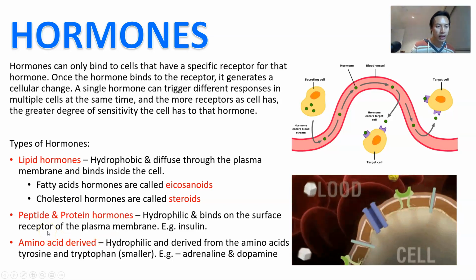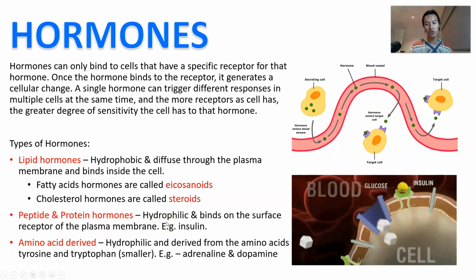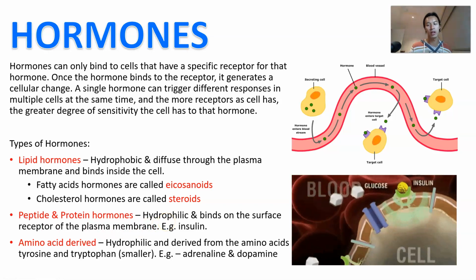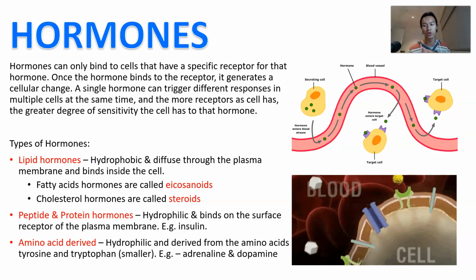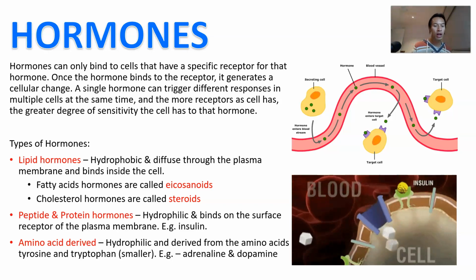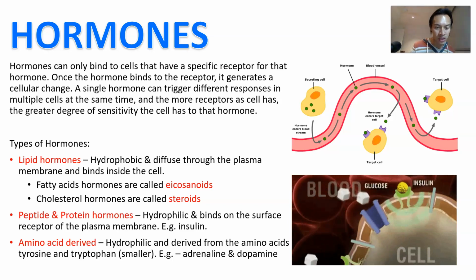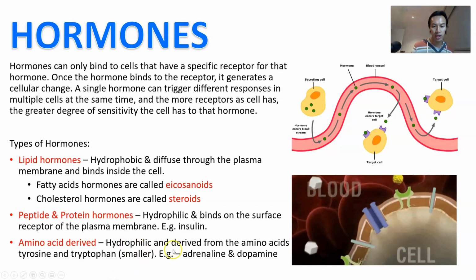The next category is the peptide and the protein hormones. They are hydrophilic, and they're going to bind to the surface receptor of the plasma membrane. They're not going to pass through the cell. They're going to bind on the surface of the cell, like, for example, insulin. Okay, and then your last category are your amino acid derived hormones, which are hydrophilic, and they're derived from amino acids